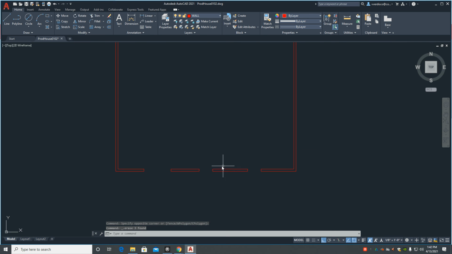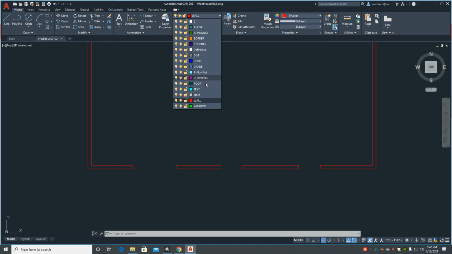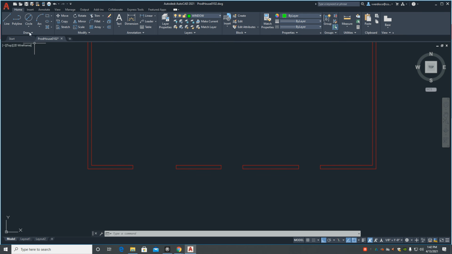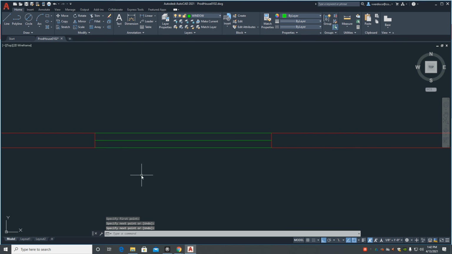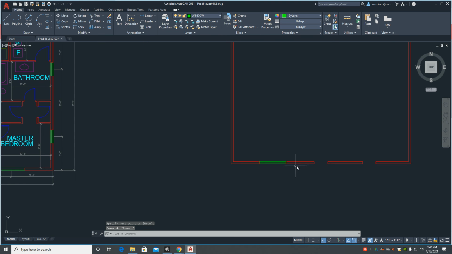Now, we've got that done. Let's go ahead and put the windows and doors in. Normally, I do all of the windows, and I usually do the interior walls too, but let's just skip right over. So let's go over to first the window layer. And windows are super easy. We're going to go ahead and grab the line tool, and we're going to put a line down each side like this, and then one right down the middle. Notice that this line right here and this line right here is on the wall layer. That is extremely important